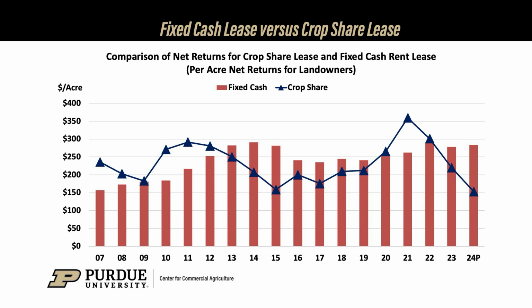So you've taken a look at the comparison of net returns for a crop share lease and a fixed cash rent lease from a landlord's perspective. And that's kind of illuminating to see the difference there, because those crop share returns are pretty variable. They're quite variable, but they share the risk. They do the best job of sharing the risk. But if you look at it from a landowner perspective in particular, they're quite variable. I mean, some years you get a lot more money than the fixed cash rent. Other years you might get $100 to $125 less than the fixed cash rent, so they're pretty extreme compared